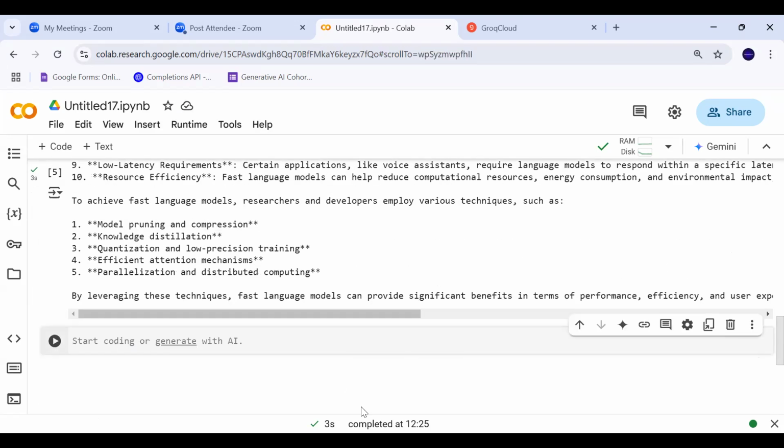So far, so good. Next step is basically creating that agent. So we will create the class Agent.